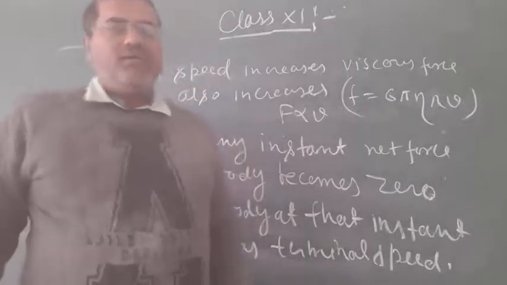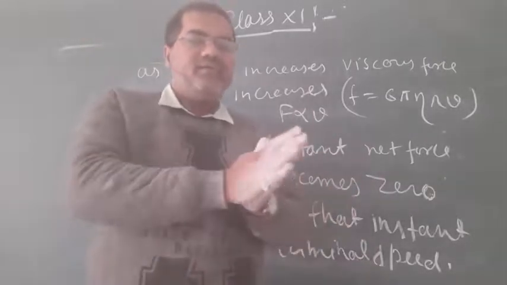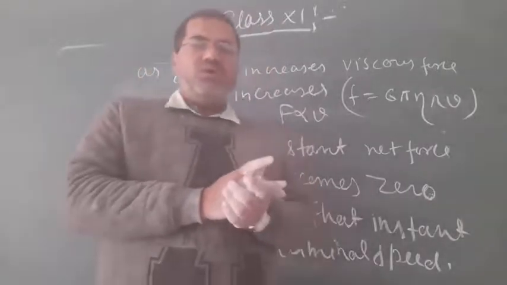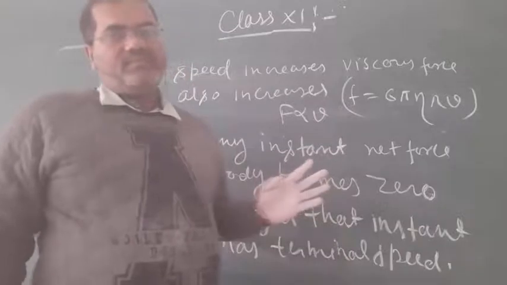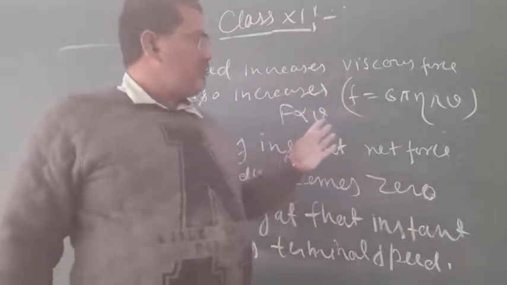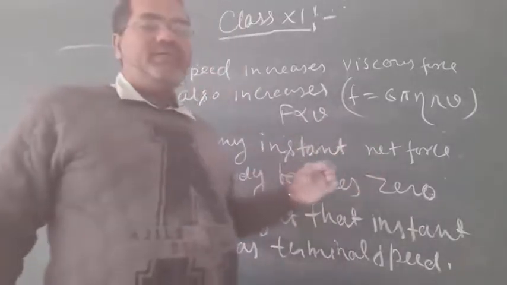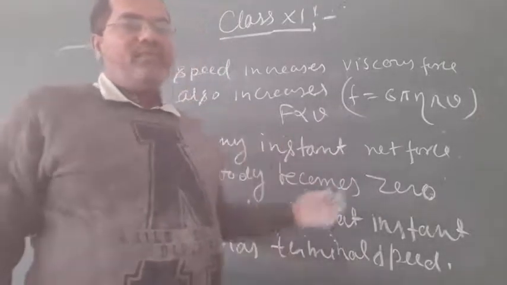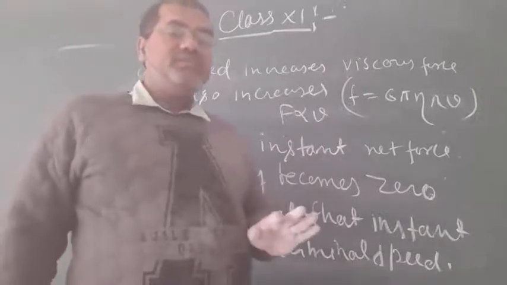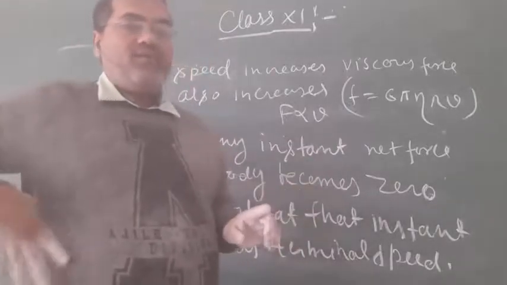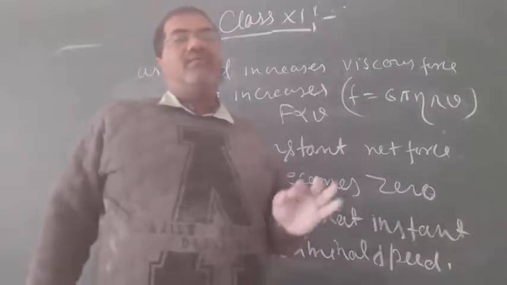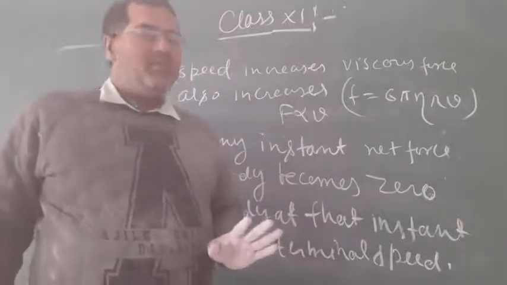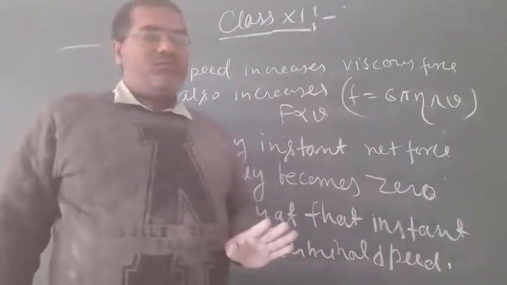As we have already studied in Newton's law, when the net force on a body is zero, its state does not change. So terminal speed is achieved in the state of motion of the body. When the body is in motion, then net force becomes zero. It means at that particular instant the body has some velocity, and the body will move with the same velocity further because of inertia.